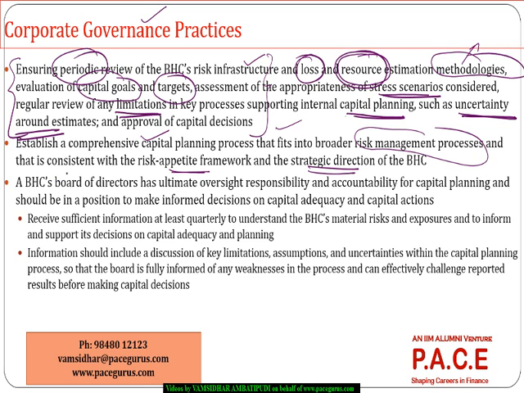And when is it more and more efficient? The board of directors of the company take the ultimate responsibility and accountability for planning capital. They should be competent enough to take informed decisions regarding capital adequacy. For that, what do they require? They require sufficient information, and it can't be out of date information, so at regular intervals they should receive the information.